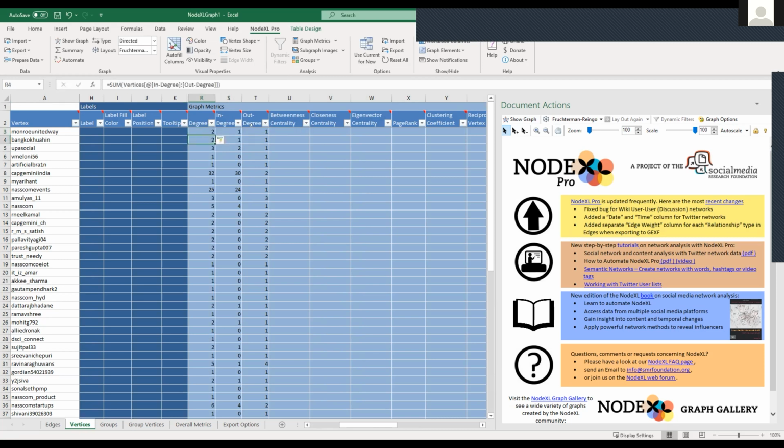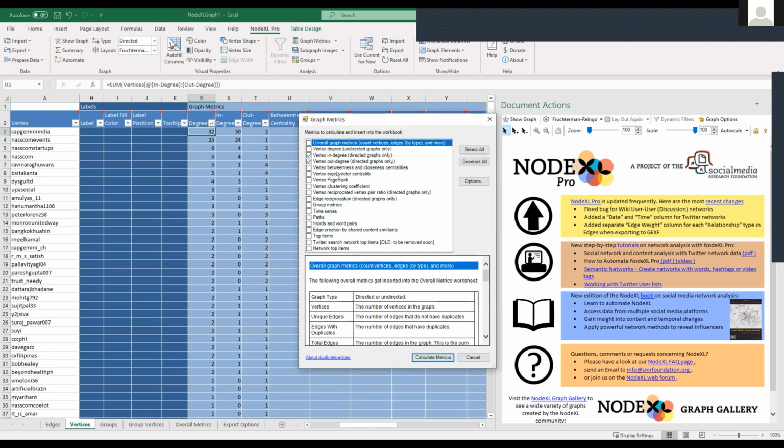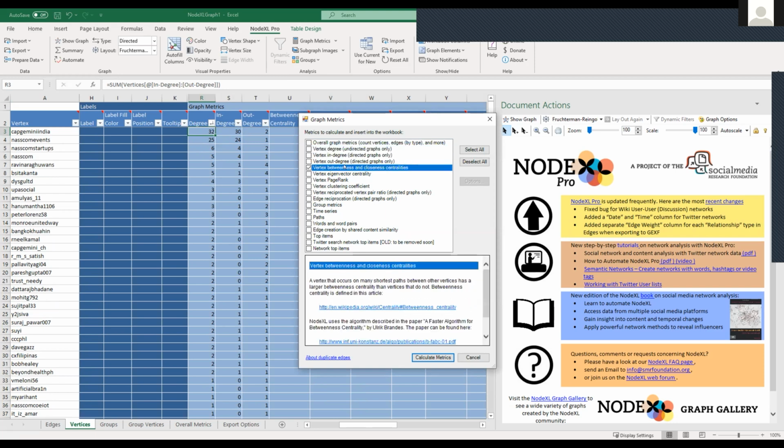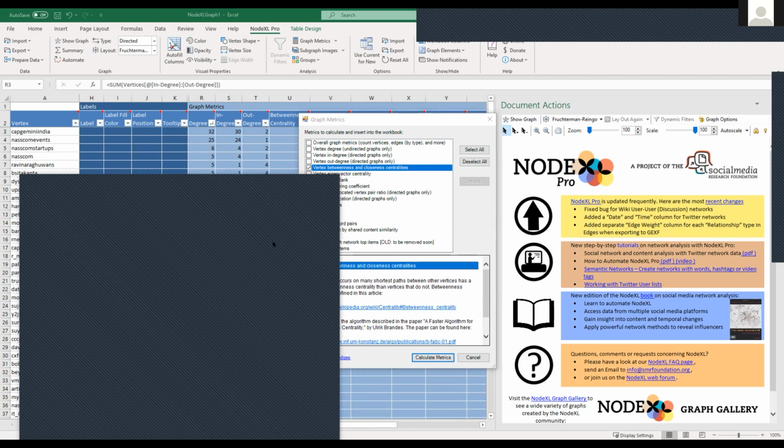Ayun. So yan na yung degree mo. And then you can see that this person has the most engagement. So in our reports, mentioned score of 10 for activity. Okay. And then next, ano ba? Okay, so this is pretty important. So there's this metric here called betweenness centrality. And then what this means is, maybe to demonstrate, I'll just show our report.